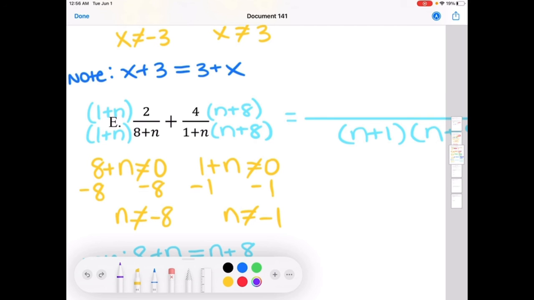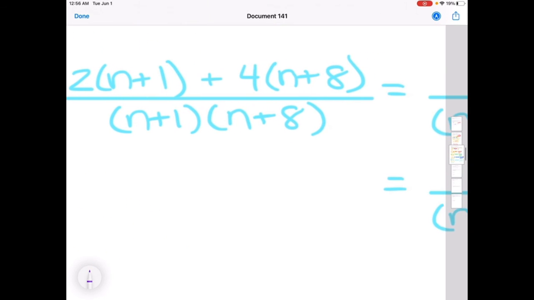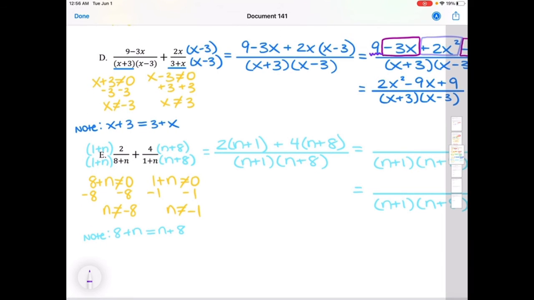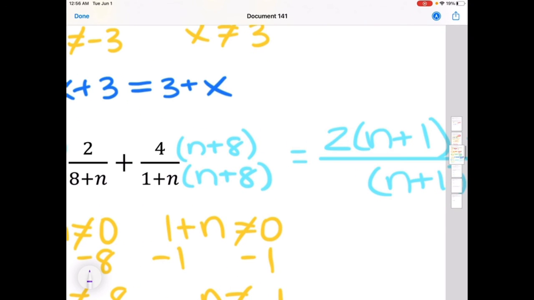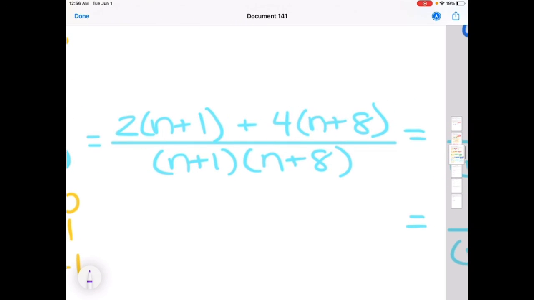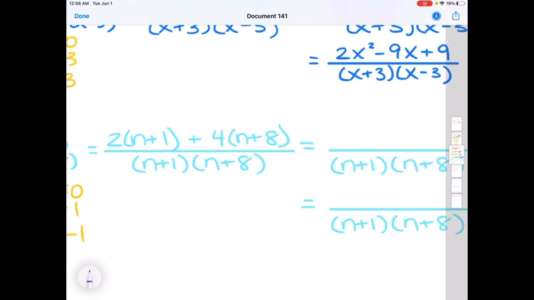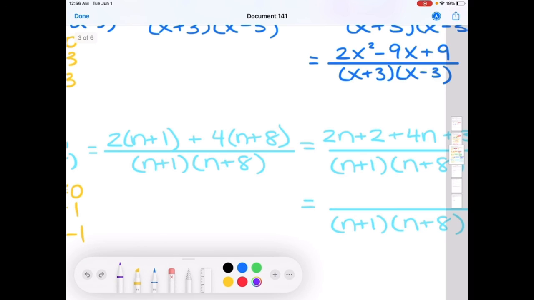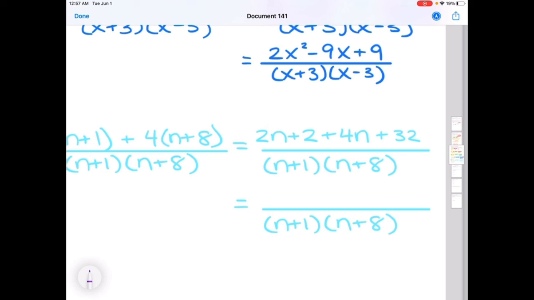So here I just have to show my multiplication, and I'm just going to add it all over the same denominator just so we don't have to keep rewriting everything. So we have whatever 2 times 1 plus n is, and we have to add 4 times whatever n plus 8 is. So that's what I have over here. And in order to simplify, I have to distribute the 2 and the 4. And if I do that, I have 2n plus 2, and then I have 4n plus 32. And we could just add those all together. It does not matter what order you add because